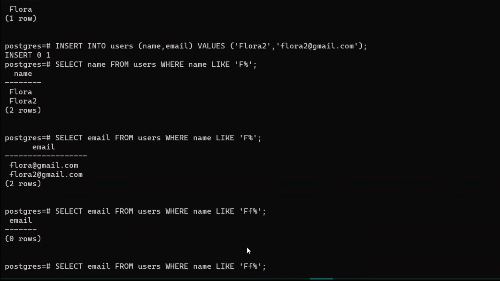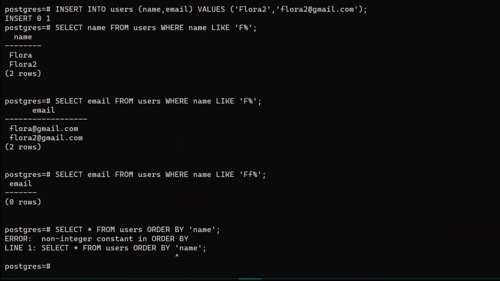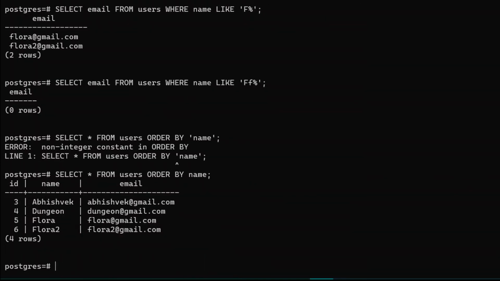Cool, so after seeing the like operation, let's check one more operation that is important in our ShopX application. Here I can simply remove the following command and select everything from our database. Let's say select star from users, and I can simply use the order by command. Let's order by the column name, let's say name, press enter. Alright, we don't need any inverted commas, press enter. Now you can see all of the data is ordered by name, that is alphabetical order.